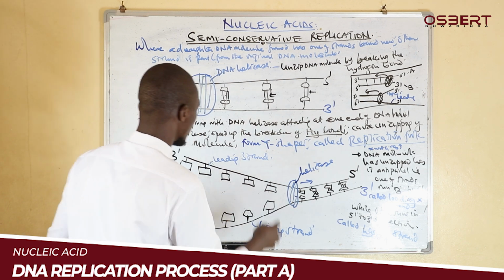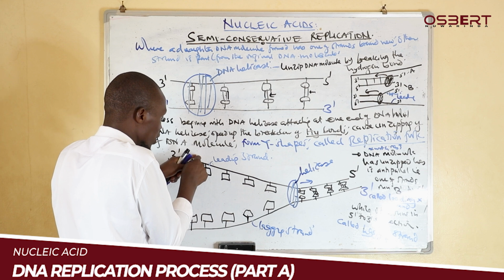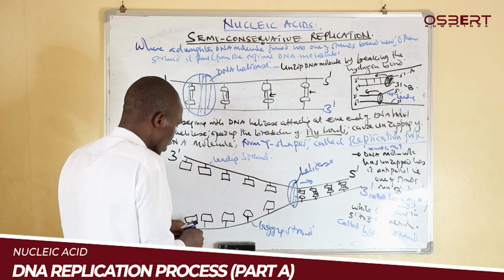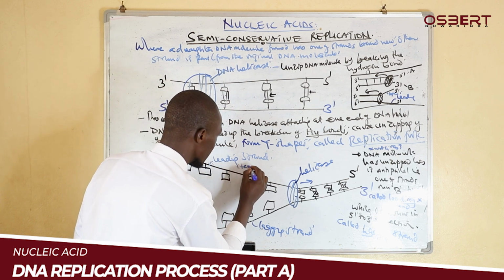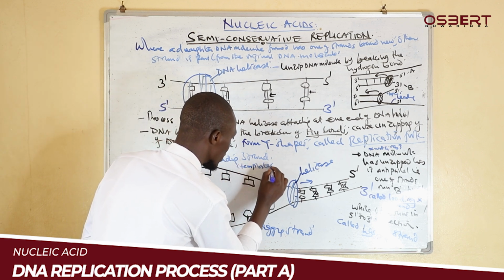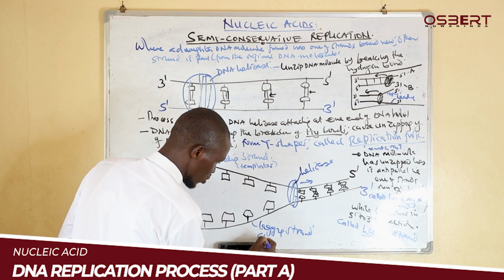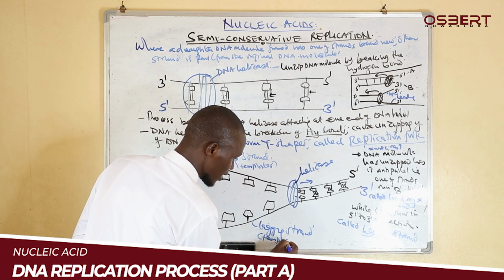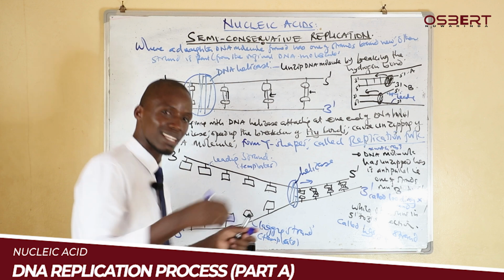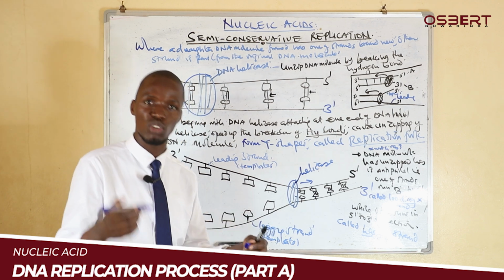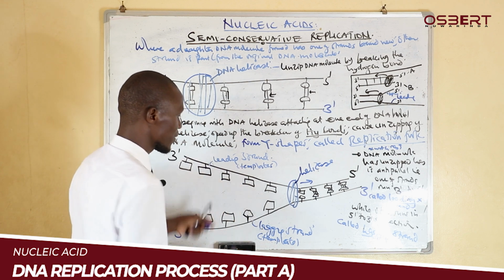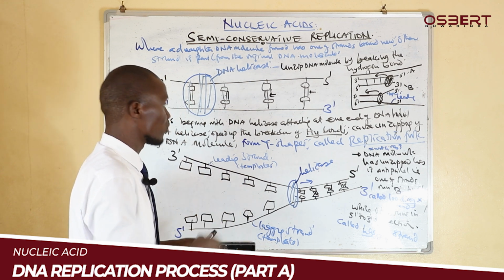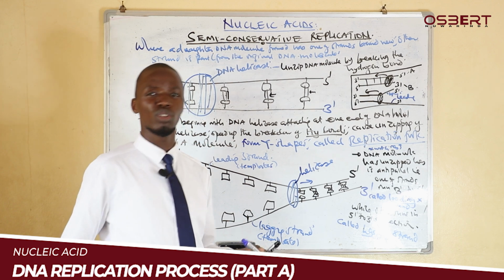We are saying that each of these strands, the strand which has been formed and this strand which has been formed, are the ones which are going to act as templates. This one is going to be a template. A template is something you use to make another thing. A template means something you are using to make something else. So these ones are going to be acting as templates, which are going to be used to form another new molecule